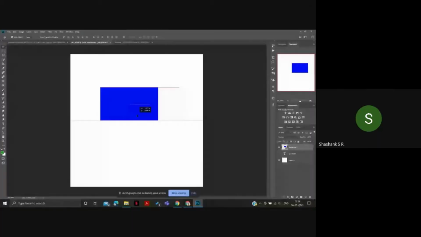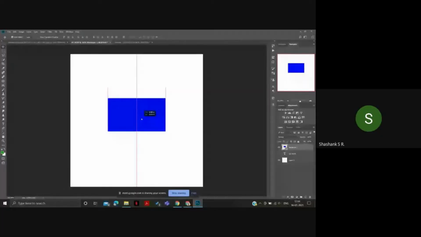So make sure it's aligned at the center. And then the same for vertical. You just press shift, click on the rectangle and then move it like this, and then align it. But you won't be able to move horizontally. So that this rectangle is the center of the background.